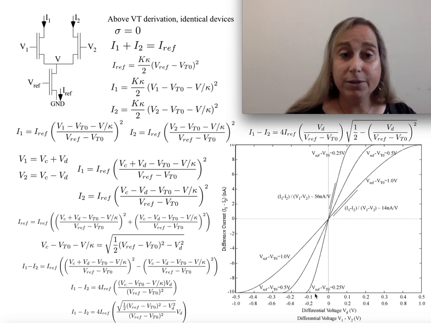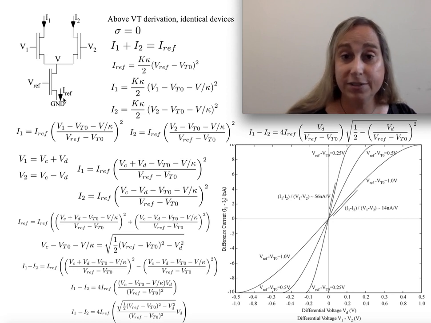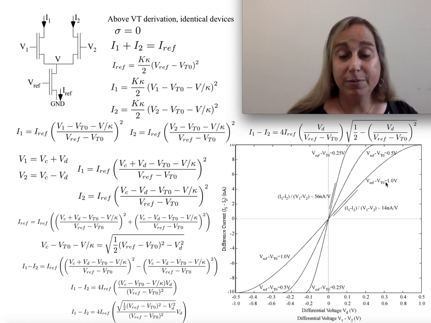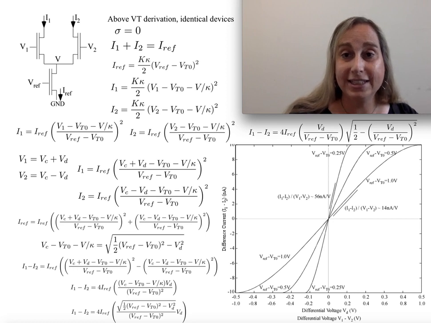And it matters a lot where you bias it on VREF. And this is directly a question of saying, how far above threshold am I? Because the more I'm above threshold, the larger this value gets, and the wider my curve gets. So you can see quite a lot from this curve. And you can also see that this is not a trivial problem to solve when you start doing some of the above threshold elements. Because of the squares, it's not trivial, but there are some nice identities and you can work your way through it with some